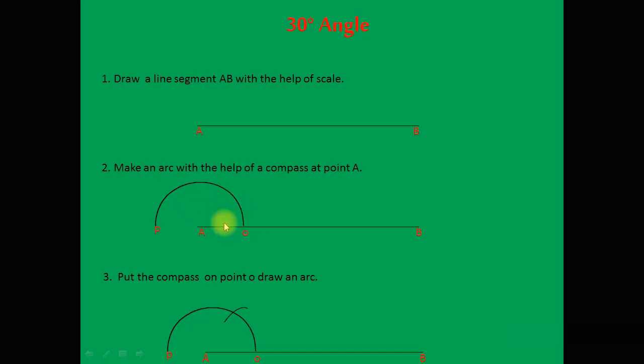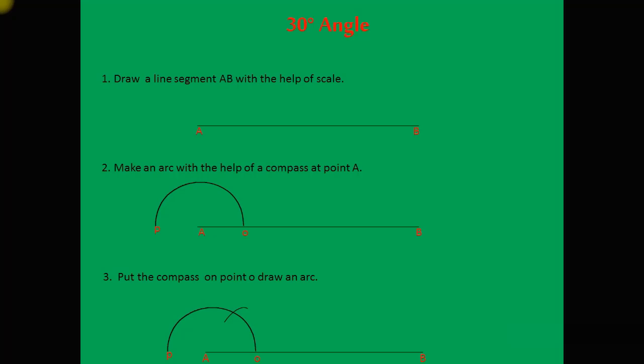And similarly for the 45 degree, first of all construct an angle of 90 degree. For the 90 degree angle, put the compass at this point A, draw this large arc, and put the compass at this point O, but do not change the radius of the compass. So put the compass here and draw an arc, you will get 60 degree. Then draw another arc, you will get another 60 degree. Then here bisect this 60 degree angle, so you will draw an angle of 90 degree. So for the 45 degree, bisect an angle of 90.